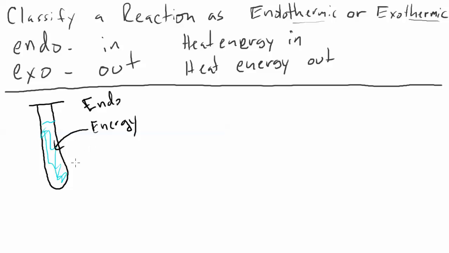So what does that mean if you touched it? Well, the heat energy that's going in has to come from somewhere. If you're not touching the test tube, then the energy is probably coming in from the air surrounding the test tube. But if your hand comes up and touches the test tube,